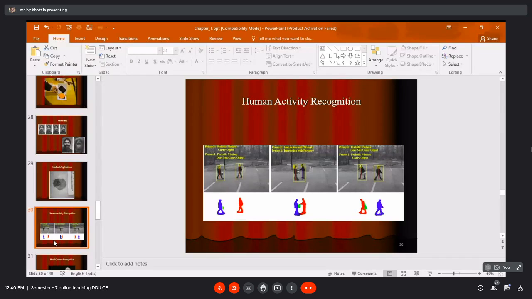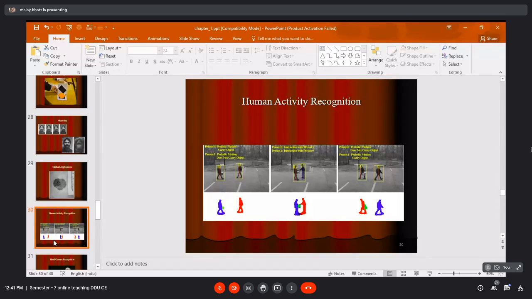This is one more activity: human activity recognition. You can see that two people are coming from two different sides, coming towards each other. Now they are talking in the next frame. In the first frame, the bag is with a person, which is represented with blue color. Now in the third frame, you can see that the same bag, which is recognized as an object, is with another person, and that is with a red color.